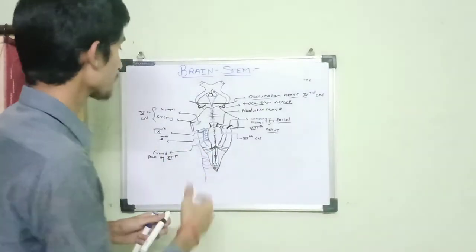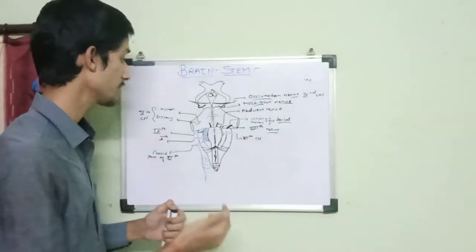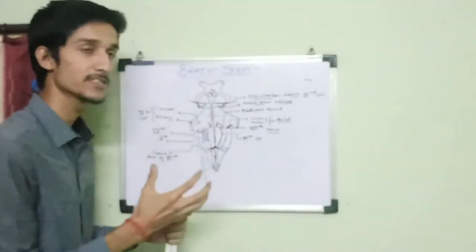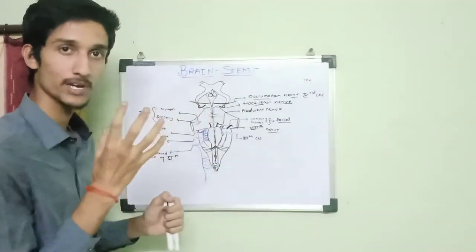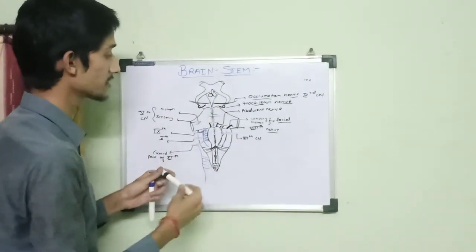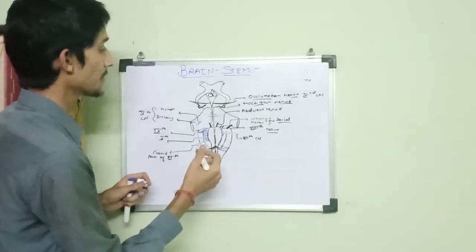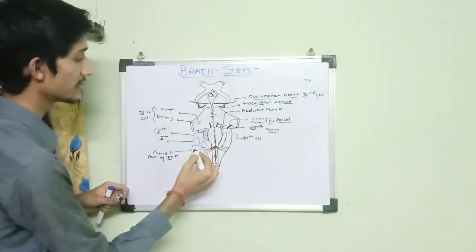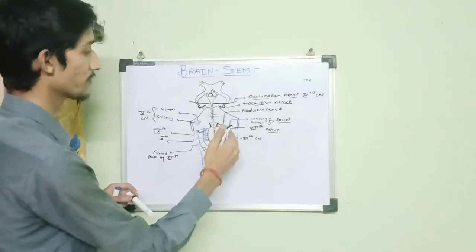Let's summarize it fast. I started from the medulla oblongata. Medulla oblongata has some important landmarks. The first landmark is the pyramid. The second is the olive. We have the anterior sulcus and the lateral sulcus. Pyramid is nothing but the collection of the corticospinal and the corticonuclear nerve fibers. Olive is also a bulging. The sulcus between the pyramid and the olive is known as the anterior sulcus. The sulcus between the olive and the posterior aspect of the brainstem is known as the lateral sulcus. Our 9th, 10th and 11th cranial nerves arise from the lateral sulcus, and our 12th cranial nerve, that is the hypoglossal nerve, arises from the anterior sulcus.